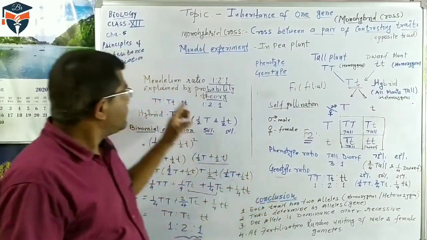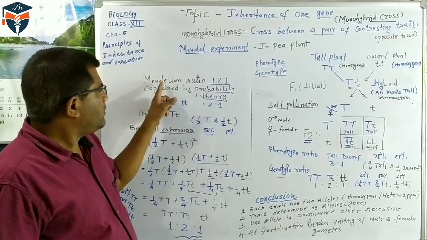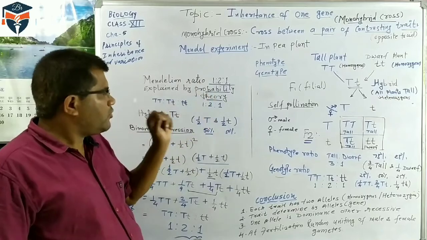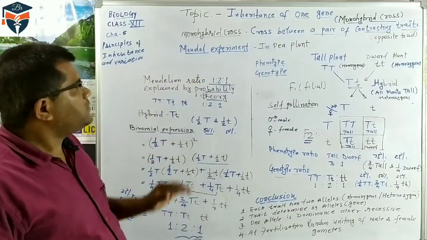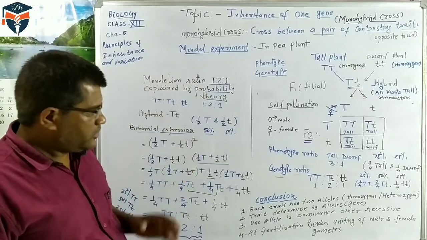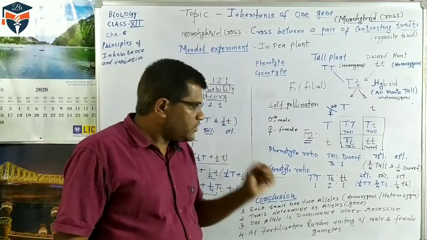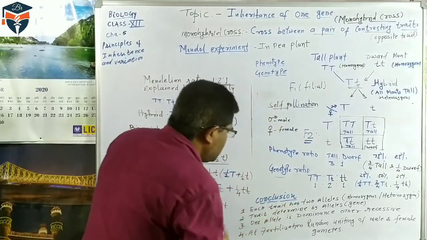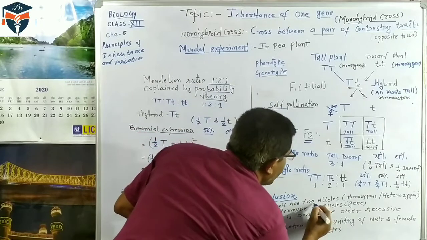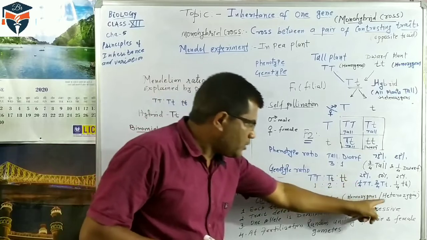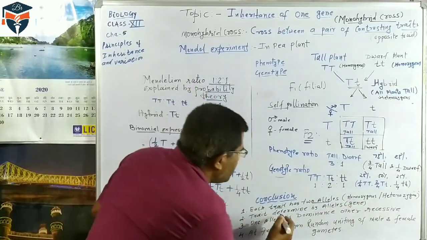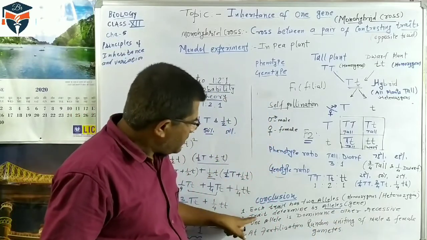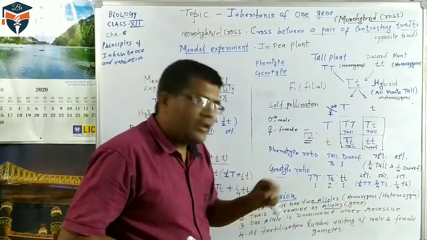Mendel explained the Mendelian ratio by the probability theory. So what is the importance of this mathematical expression? By the monohybrid cross, the total conclusion comes: each trait has 2 alleles. This is the first. Each trait has 2 alleles, either homozygous or heterozygous. Then traits in the organisms are determined by the genes or alleles.